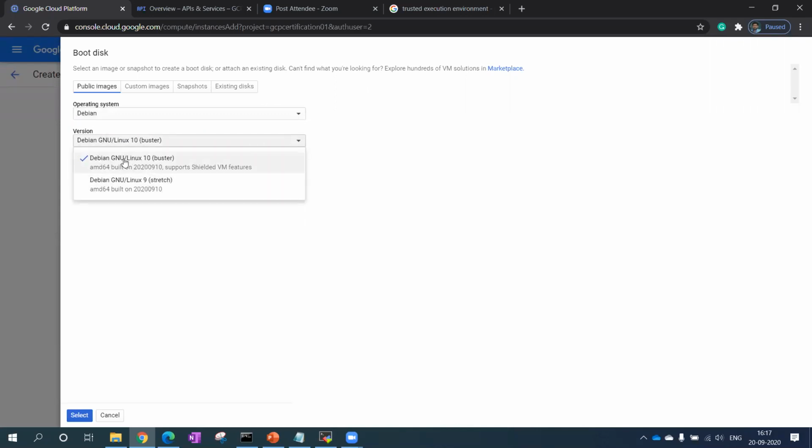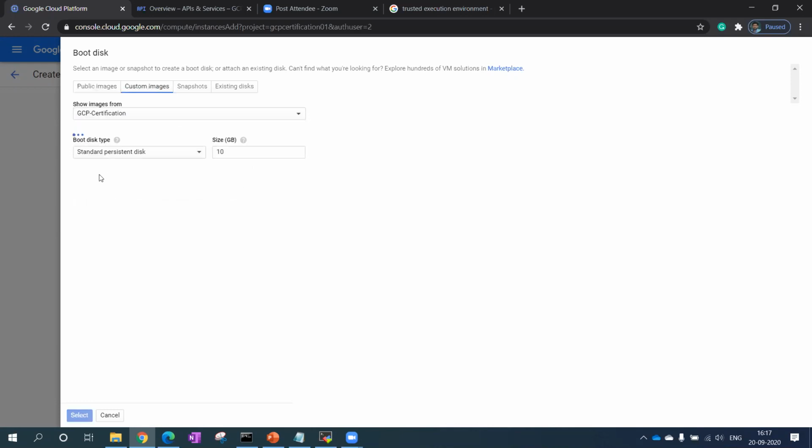Under Debian, I can get two versions, 9 and 10. By default you get 10 GB of space for your OS disk. And then custom image. A custom image is an image which is available under your project. If you want to create some kind of images for future use, then of course you are welcome.